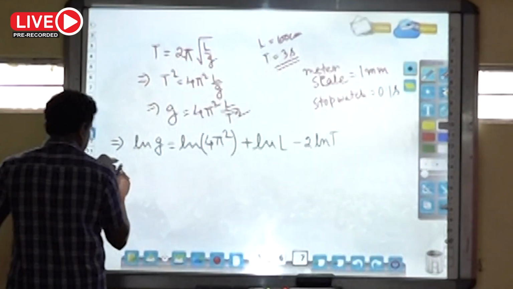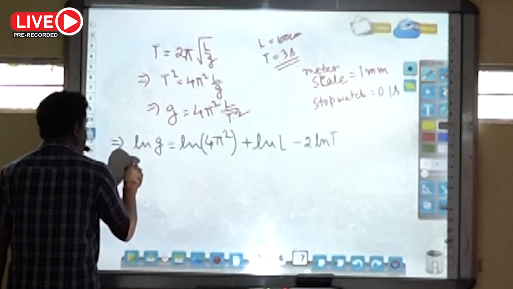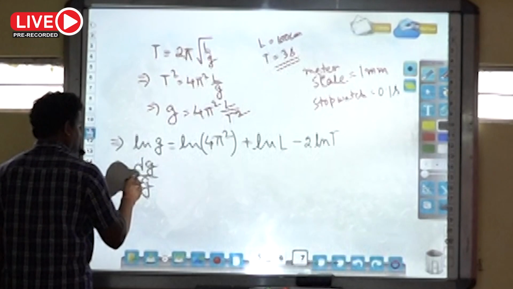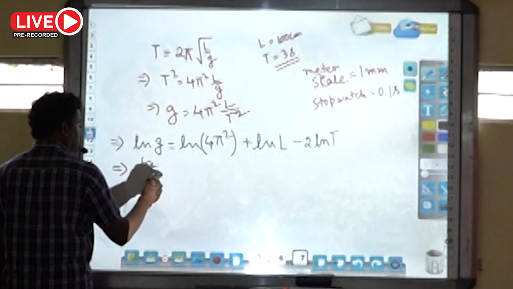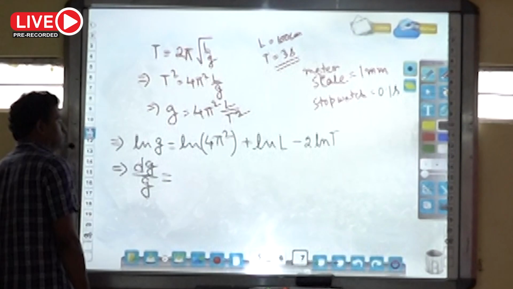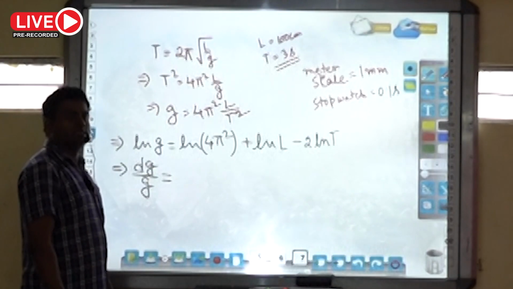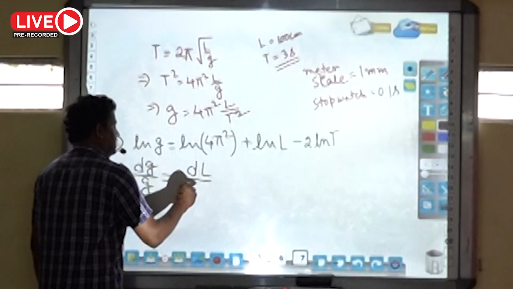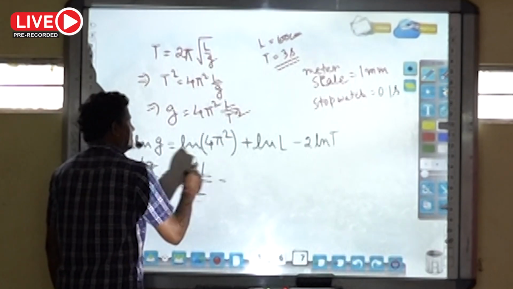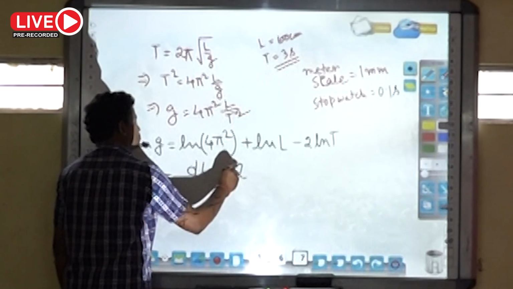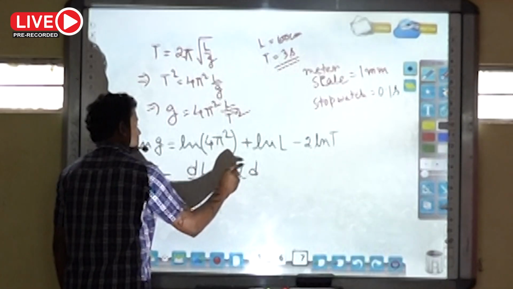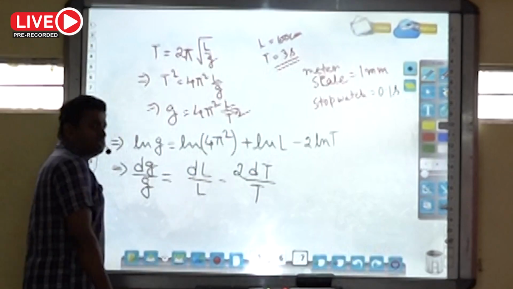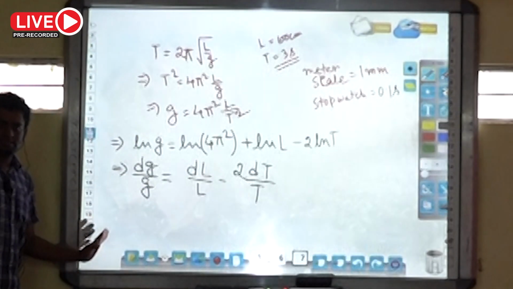You will get dg by g equals, first term will be 0, second term will be dl by L, minus 2 dt by t. Now this is the actual mathematical expression,